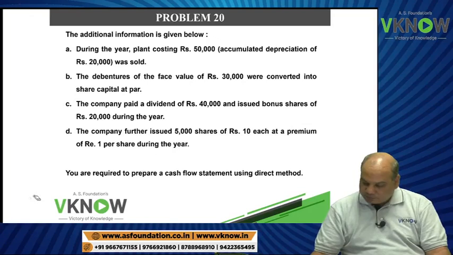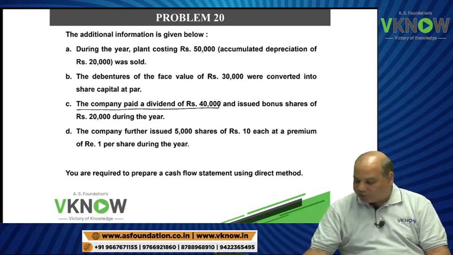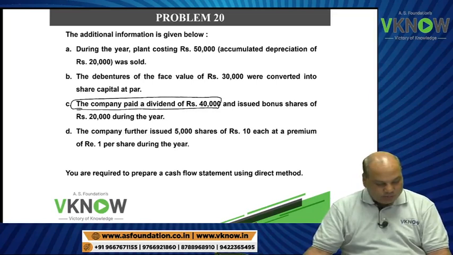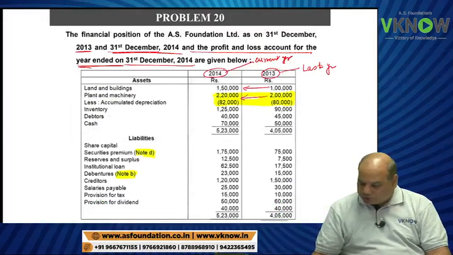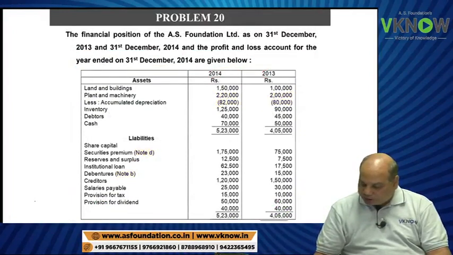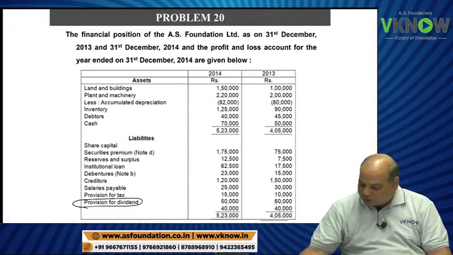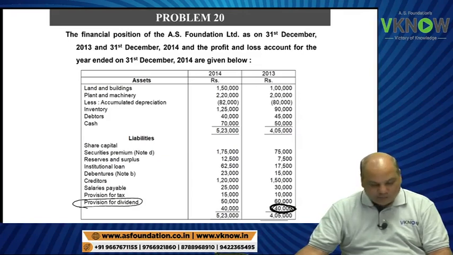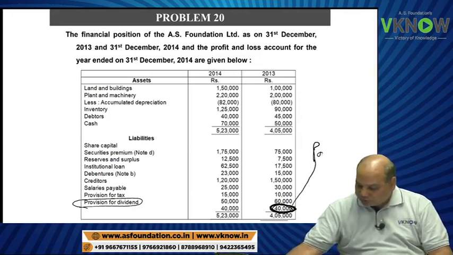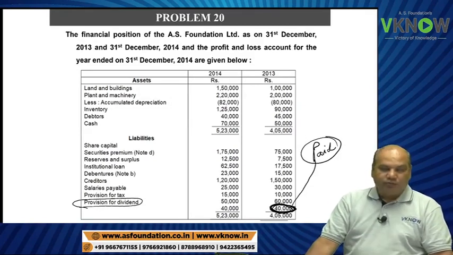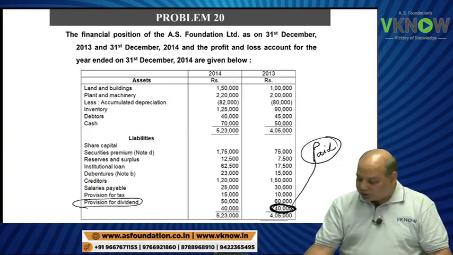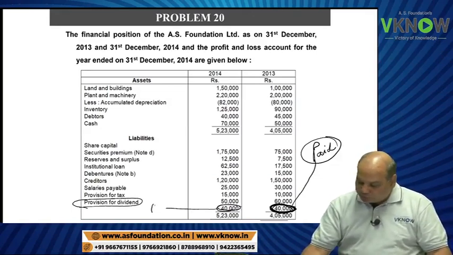Next point is the company paid a dividend of 40,000. So first I will go to your balance sheet to explain this. You see the last item here. Balance sheet last item. This is last year's dividend of 40,000. Can you see the last line in the balance sheet? This has been paid. They are talking about this 40,000 which has been paid, and the current year provision